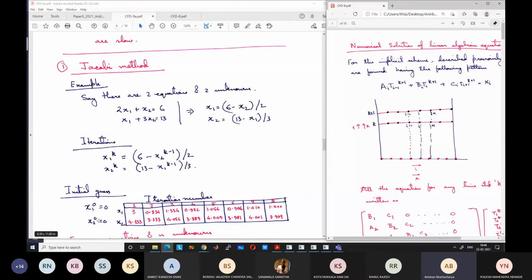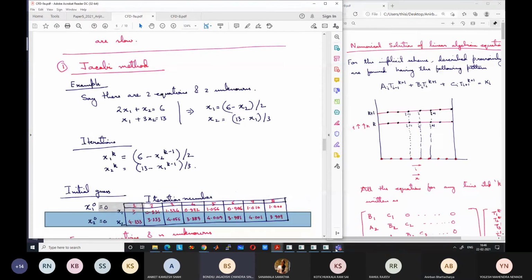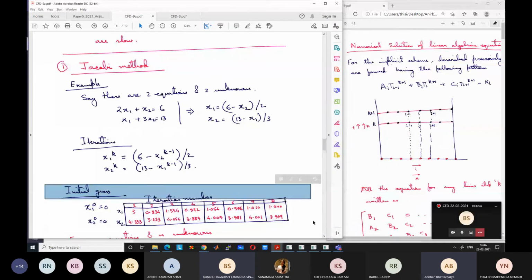Now, who said boundary conditions? Who was the person who said boundary condition? Sir, I said. What is your name? Jagdish. Okay. So this is actually a good point. Directly you cannot use boundary condition, but it gives you a hint.